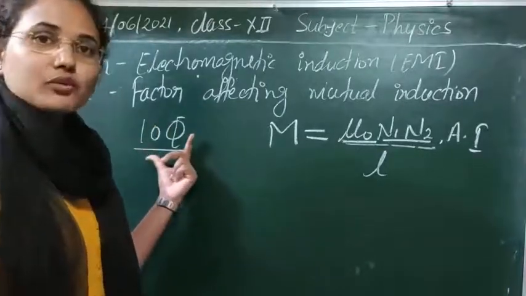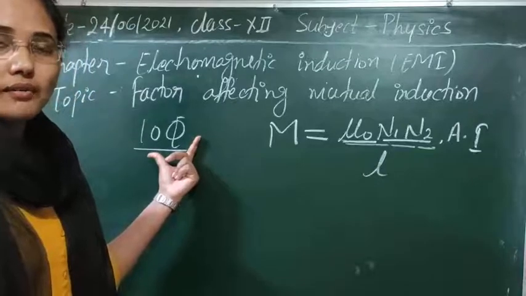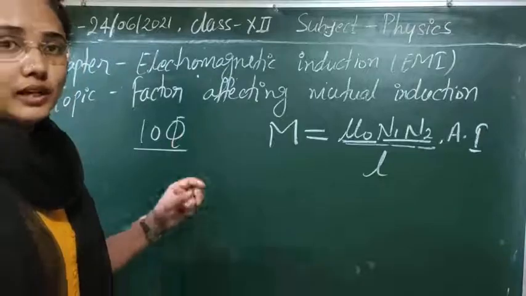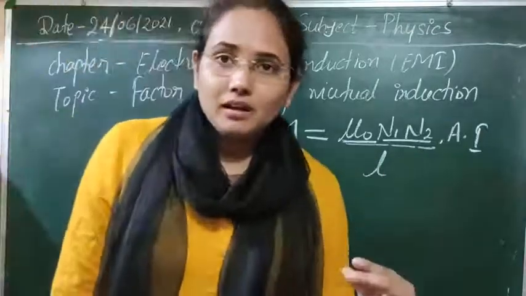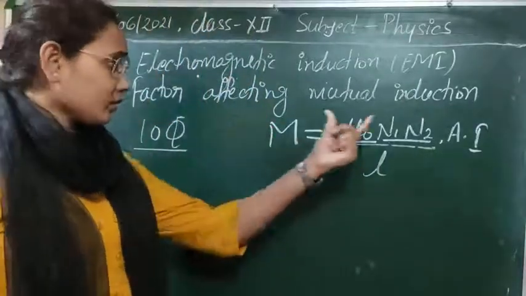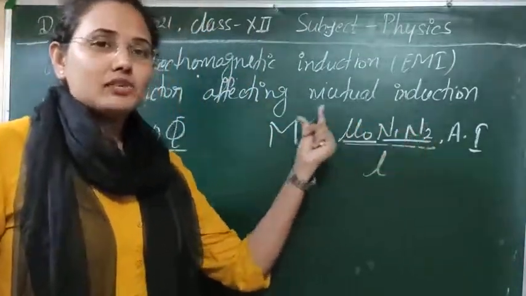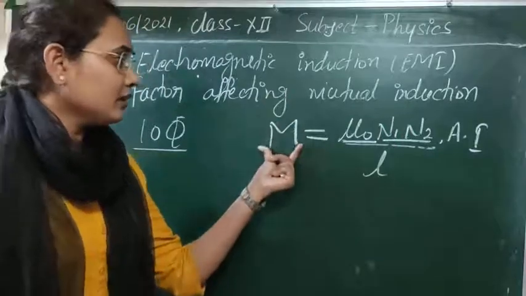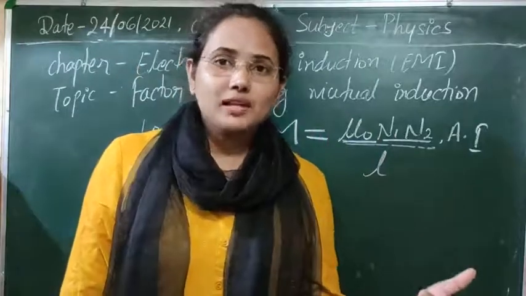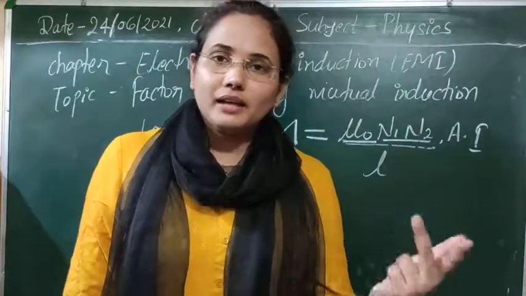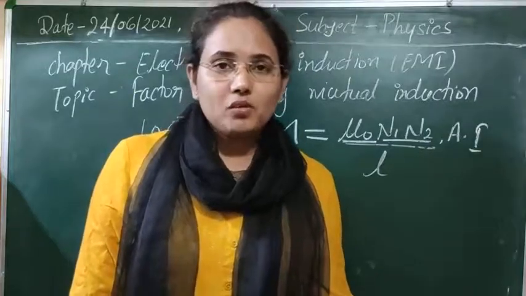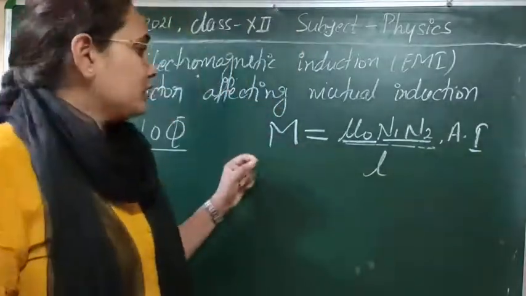If you calculate the induced EMF and current, that will also be 10 times that value. So the induced EMF and current increase with an increase in the number of turns, and this also increases the mutual induction, which is defined by the mutual relationship between two coils. Simply put, the greater the flux linked with the secondary coil due to the change in flux in the first coil, the greater the mutual induction.